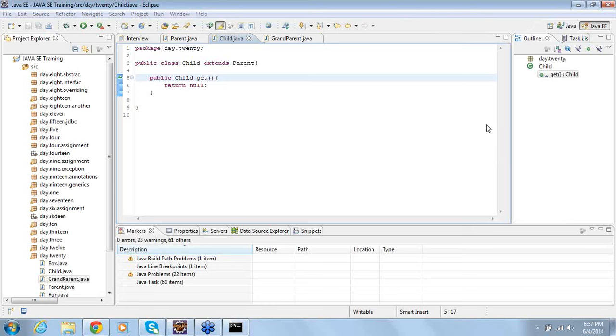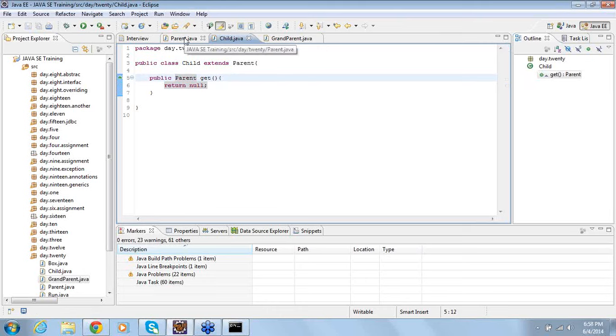To prevent runtime error, return type must be same. But here when I try to change the return type, there is no complaint, right? So if you look at this parent and the child, I have this, and when I try to change it to parent, there is no problem. The only problem arises when I try to do this grandparent, because, as you said, to prevent the errors at runtime, that was correct.